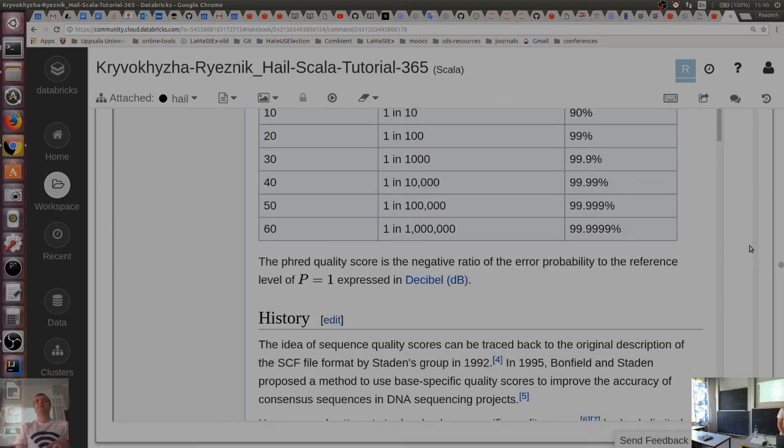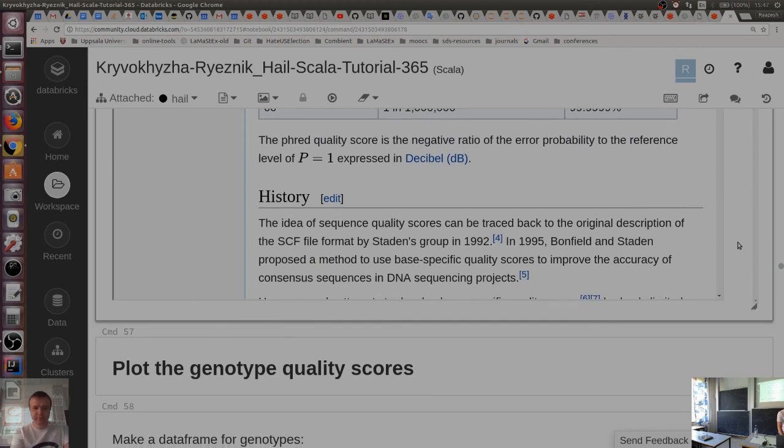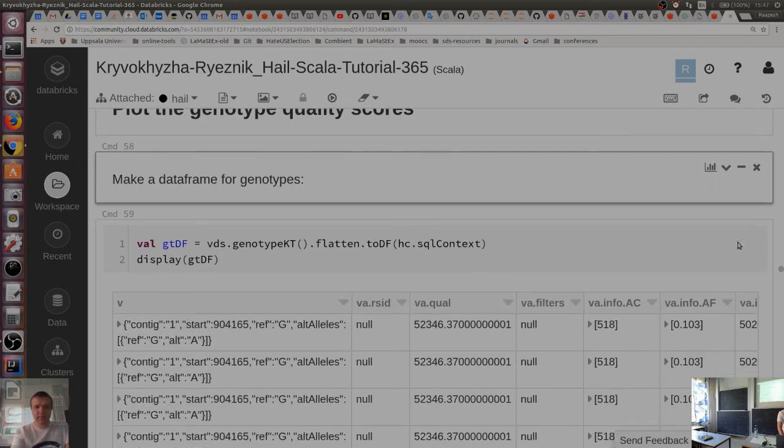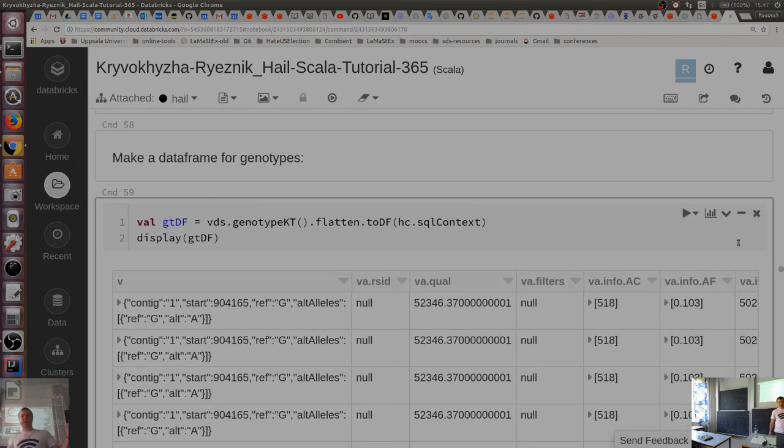And it's up to you what kind of study you do. If you do just a general population genetic study, you can allow some mistakes because it will not affect you too much, and you will keep a lot of data. But if you do a genome-wide association study where you're interested in a specific SNP and you want to see if it's associated with a particular disease or particular trait, then maybe you want to do more stringent filtering because you need the highest possible quality of the data. So this is genotype quality. It's estimated based on